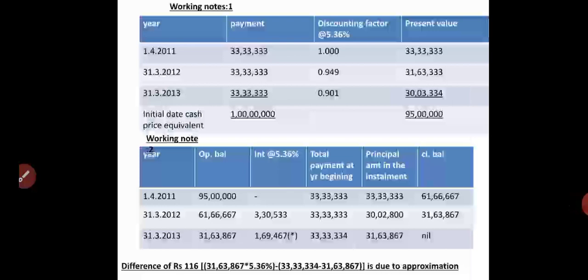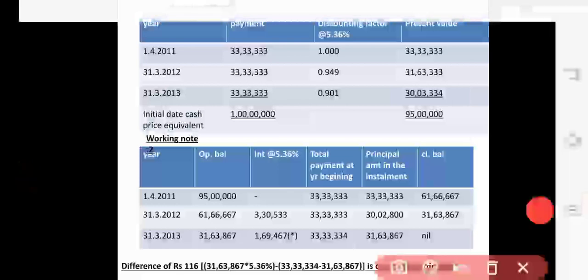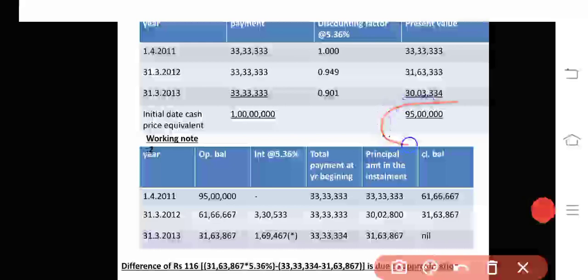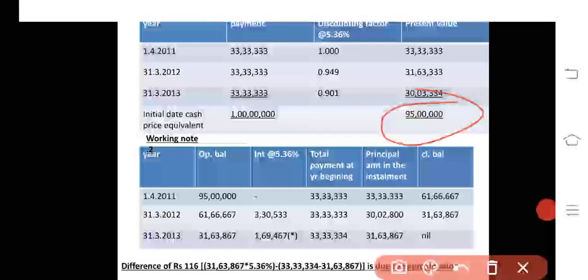But we do not know how much payment has been made. That means we need to find out the payment. Here they have paid 95 lakh. So the difference between 1 crore and 95 lakh is taken as interest